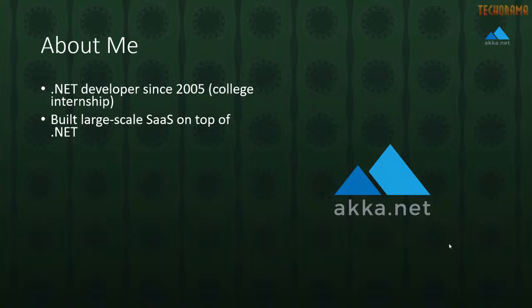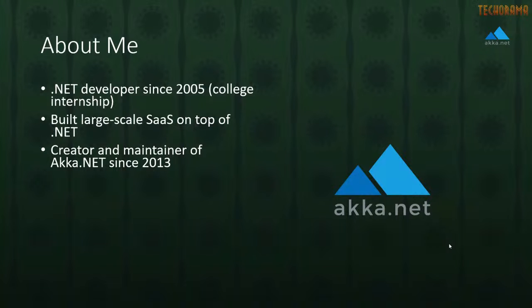I built large scale software as a service on top of .NET after I left Microsoft in 2012. We did real time marketing automation and analytics. Our second product, our marketing automation product, required the ability to process campaigns in parallel for tens of millions of active users concurrently, with sub-second latencies.